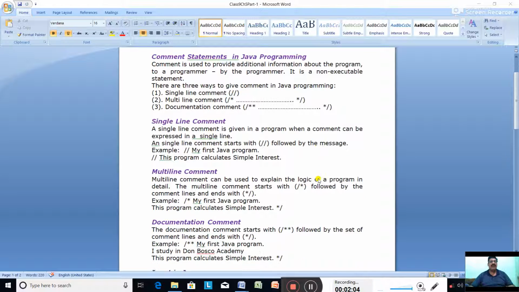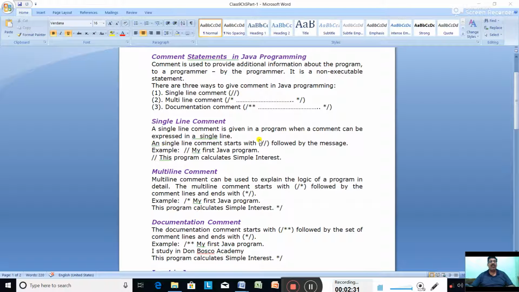Now let us see how to write single line comment. A single line comment is given in a program when a comment can be expressed only in a single line, and not more than one line. If you are going for more than one line, then you use the second one, that is the multi-line comment, which begins with the backslash and asterisk.